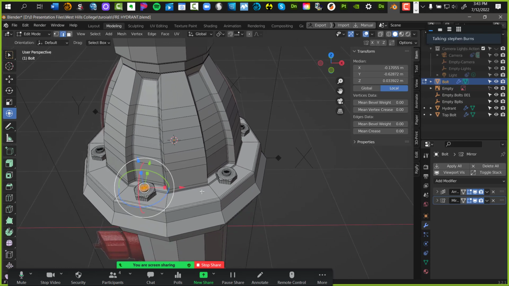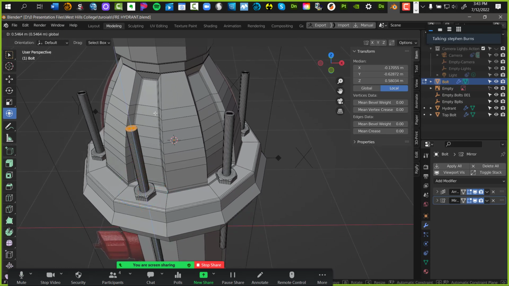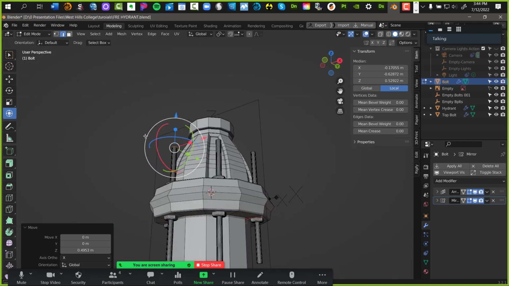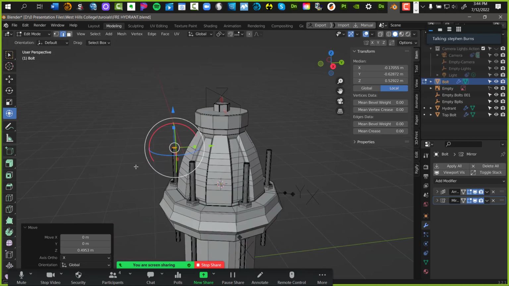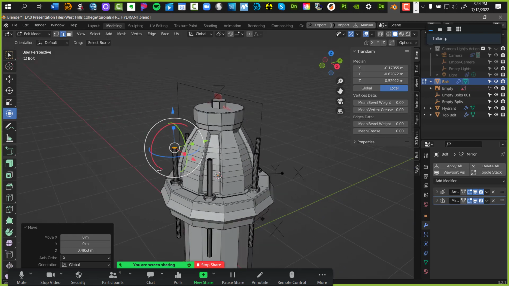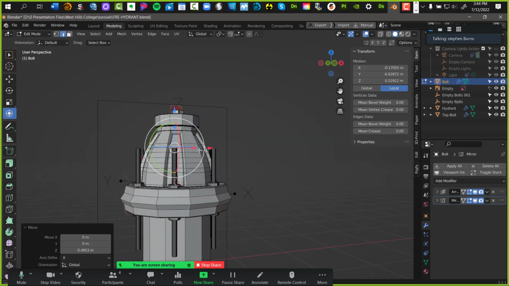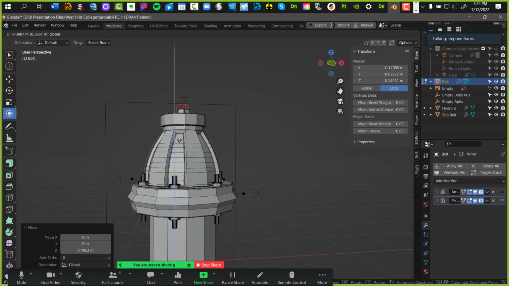Watch all the other boats. And I want to extend this up. All of them are edited at one time. So it's a nice little workflow in Blender.